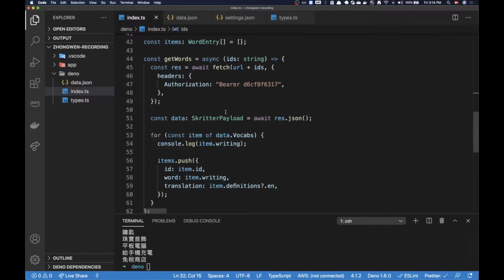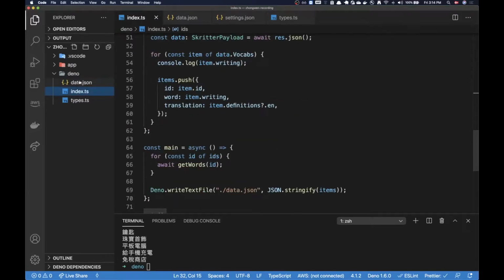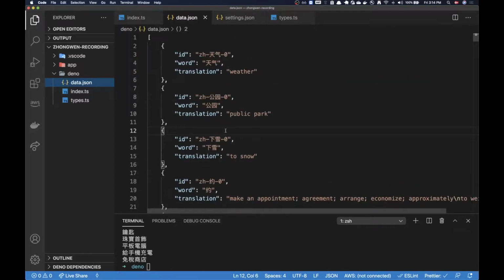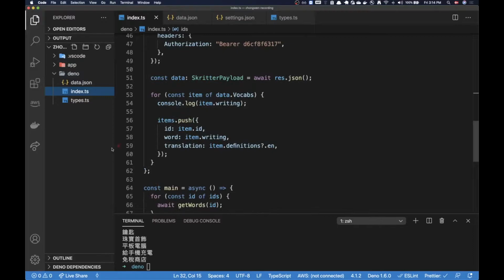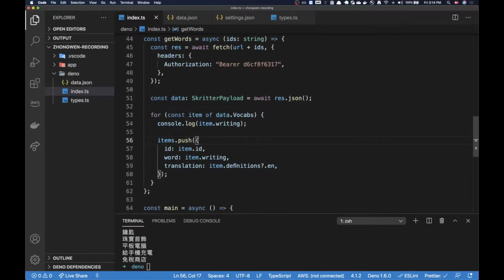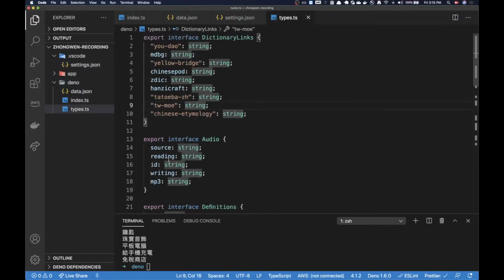So in this part, or in the previous part, I should say, we created the data.json file. Now, before moving into the app part of it, I actually want to grab a little more information, because so far I just have a word and translations. I'd really like to have some examples as well. And examples were not a part of the payload,